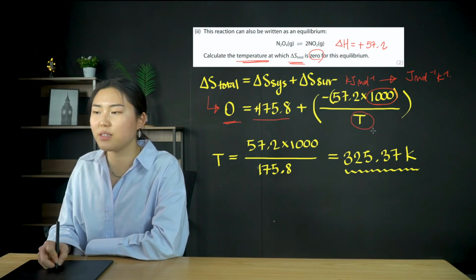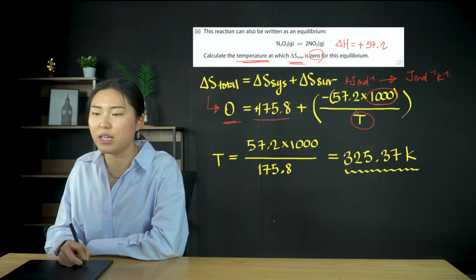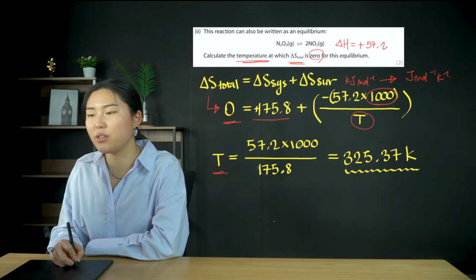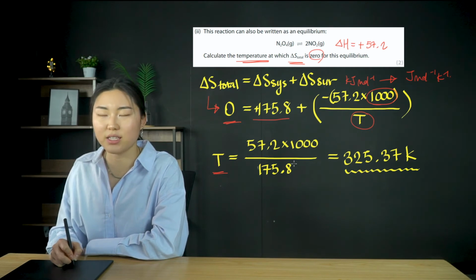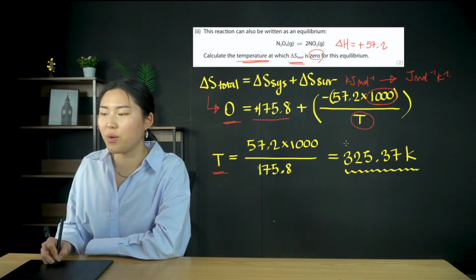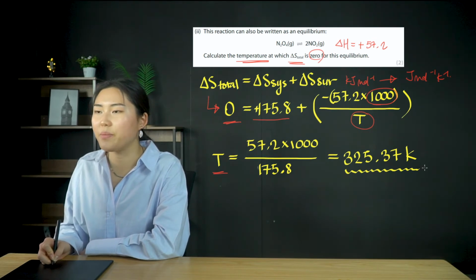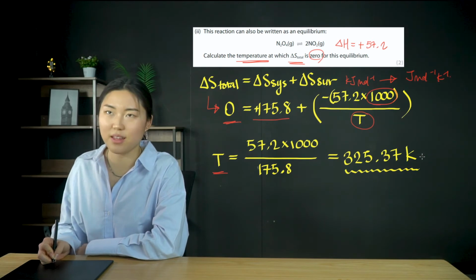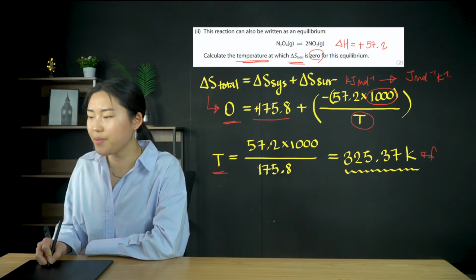So we're going to rearrange this in order to make T the subject, and you would end up with 57.2 times 1,000 divided by 175.8, okay? And you will end up with 325.37 Kelvin, where this reaction can occur. It's feasible at this temperature. Feasible. All right,